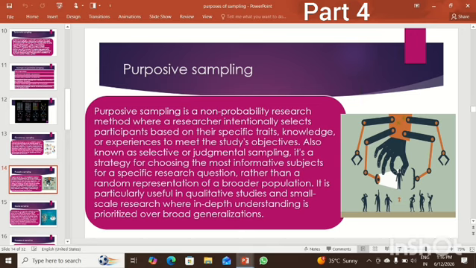Qualitative studies, like for example, we have to do a survey on the impact of educational outcomes on students' mental health. This is a qualitative study, not a quantitative study. You have to select your qualitative data and then analyze it deeply, in depth, with the help of several methods. You can employ questionnaires, survey methods, observations, case studies, and you can find their historical background data. You can implement so many things for gaining a deeper understanding, and small scale research, where in-depth understanding is prioritized over broad generalizations.